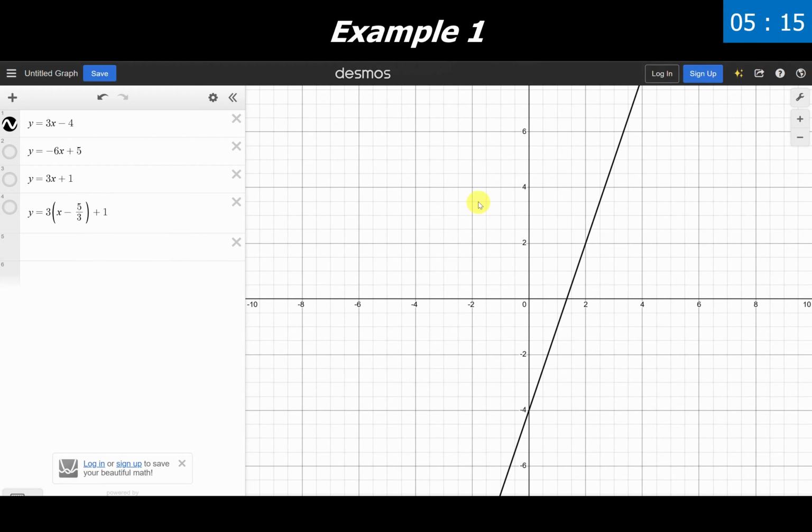Looking at these 3 classifications graphically, we are going to use the website desmos.com to view 3 examples of each of our 3 different classifications that we have. I would highly recommend that you bookmark or try the Desmos website for yourself. I think it's very handy, very easy and user-friendly to use to set up and graph equations and things like that. So we have our starting equation up here. We have 3 different examples showing up here.